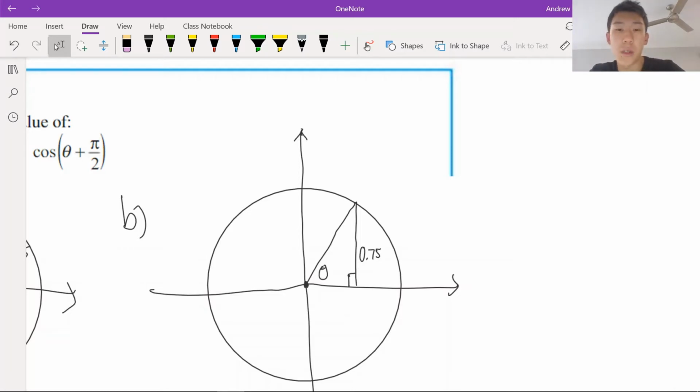So pi on 2 is 90. So how do we do that? Well, theta plus pi on 2 is the same as pi on 2 plus theta, so basically 90 plus theta. So if we start at 90 degrees, which is the positive y-axis, and we go in the positive direction for theta, essentially,